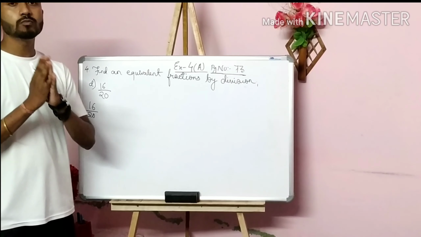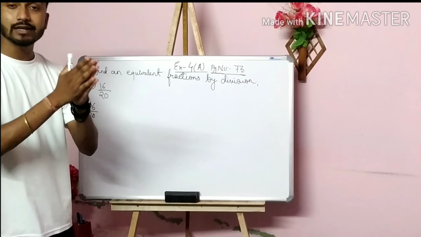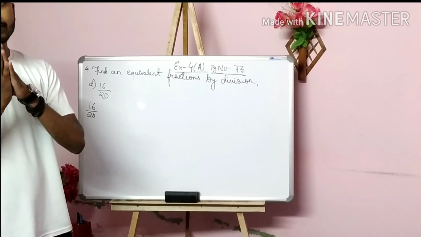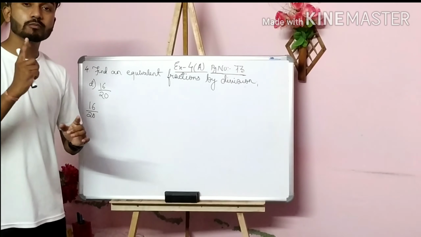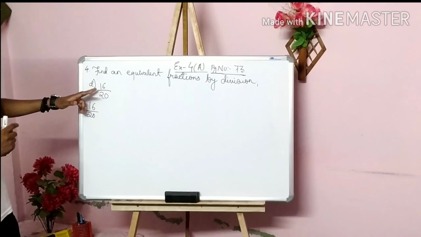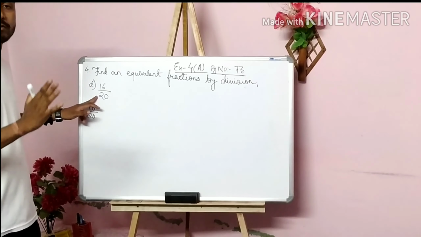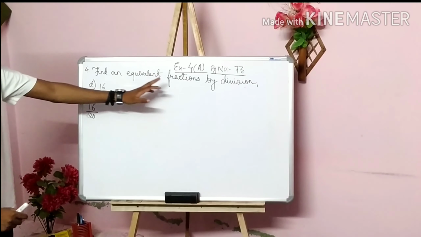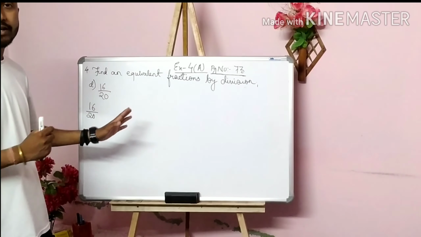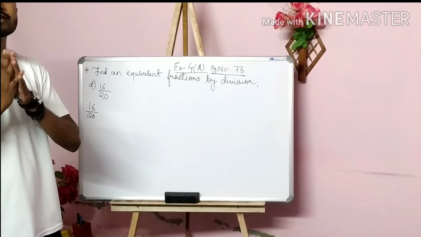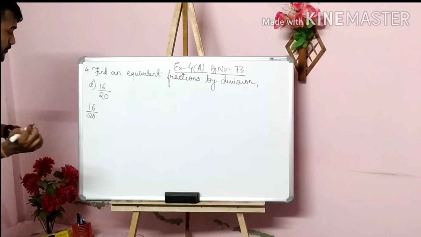That we have to multiply both numerator and denominator with the same number. Okay, because it was multiplication, that's why we are going to multiply numerator and denominator with the same numbers. Now, for the equivalent fractions of division, we have to divide. By which number? With the same numbers. So this is only one condition.